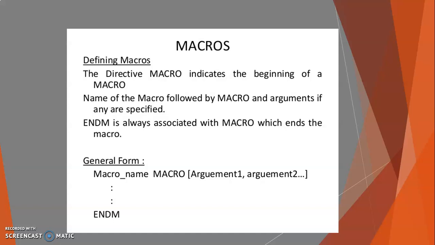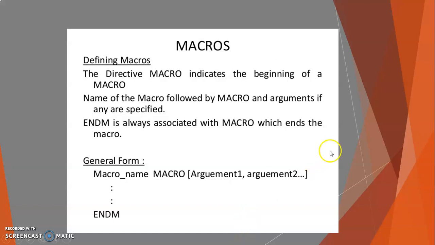If, for example, we have a number of parameters specified, the macro is invoked by using the macro name along with the necessary parameters. When you need to use some sequence of instructions many times in a program, you can put those instructions in a macro and use it instead of writing the instructions all the time. A very common need for a program is to write a string of characters on the screen, for displaying a string.